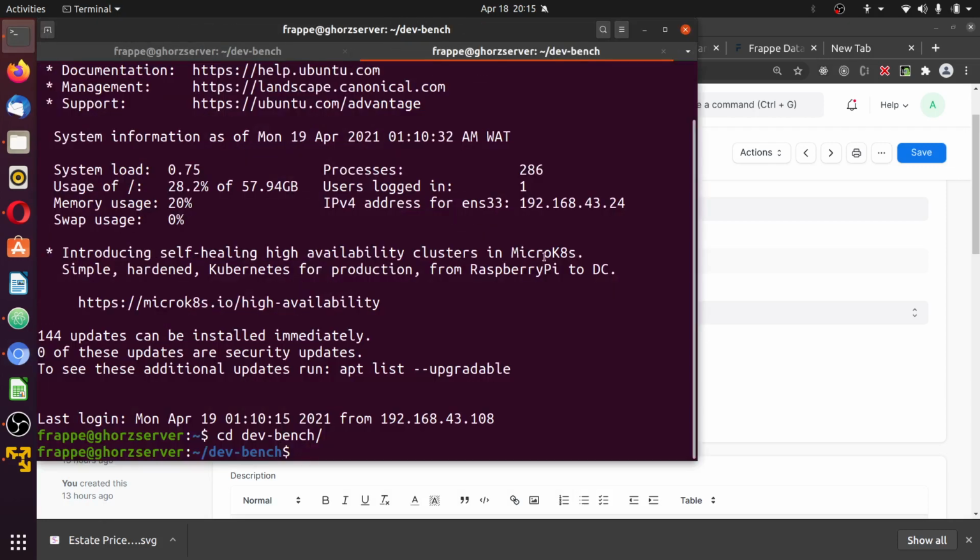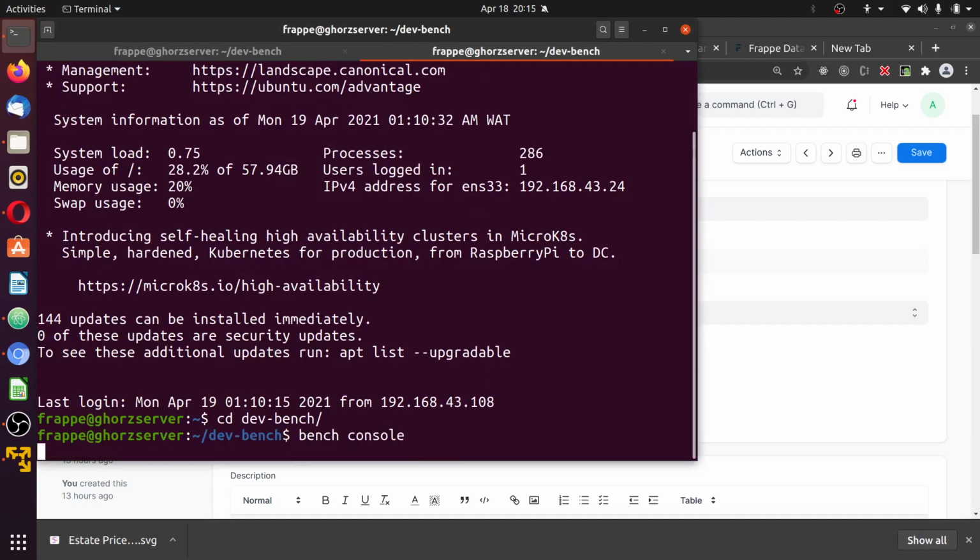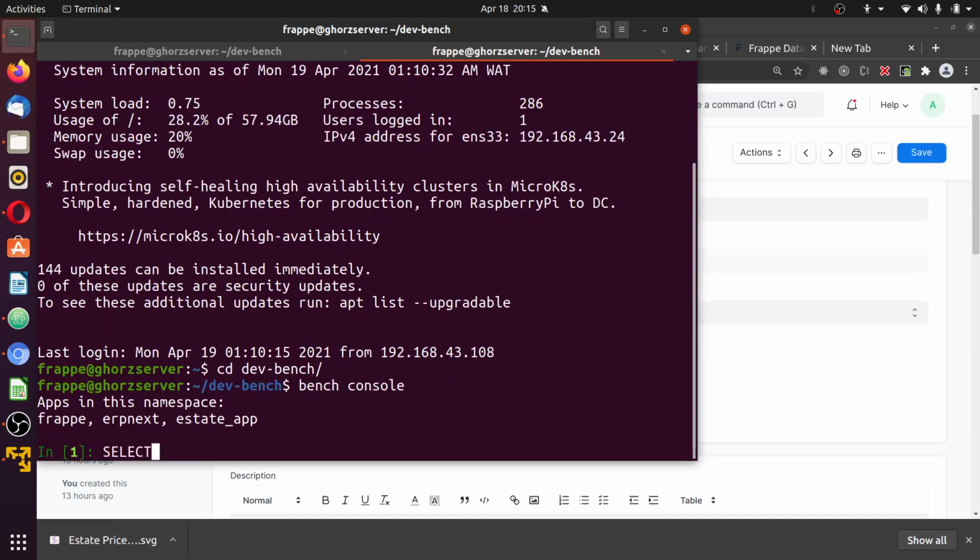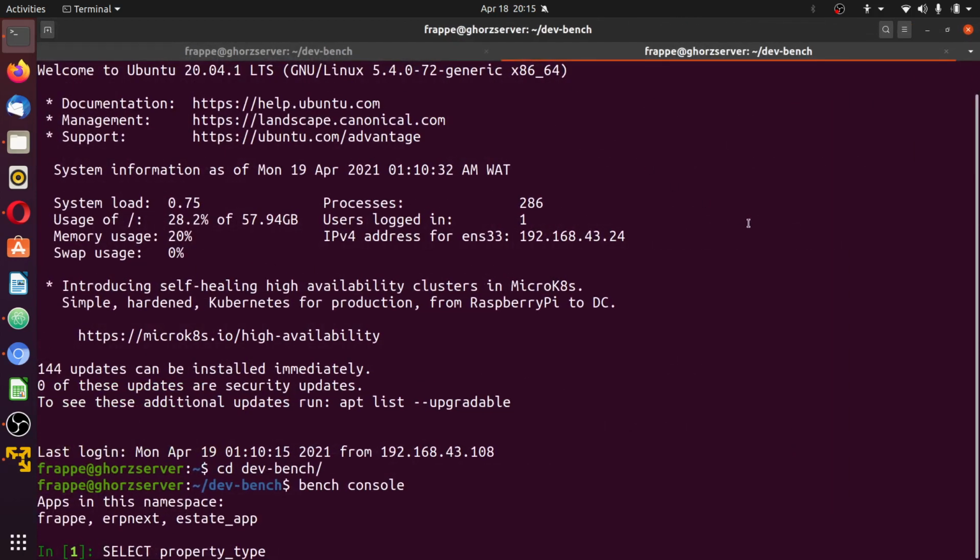We can SSH into our database, bench console, and select property_type, comma, grand_total from tabProperty,